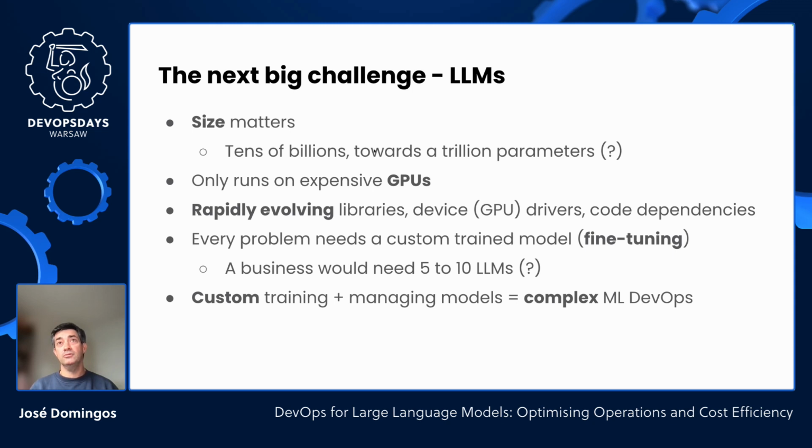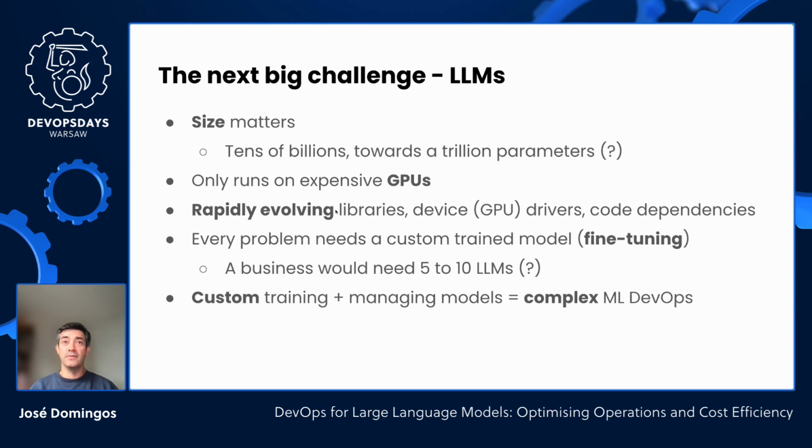And therefore, this journey into perhaps trillions of parameters for some organizations, models with trillions of parameters, is a journey that is going to be very, very, very costly if not done properly. Large language models have this property of running better the more expensive the GPUs are. So that's, of course, an